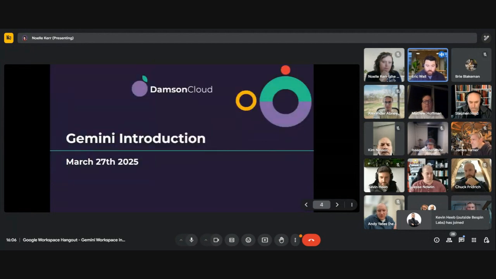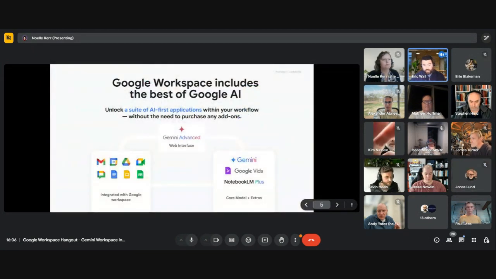The first part of this is really just peeling back a Gemini introduction, and we want to start from a ground level. What we wanted to look at was what happened back in January of this year, when Google decided to include Gemini as a core SKU. What this means for pretty much every business and every customer that we found is that they now have Gemini in some way, shape or form.